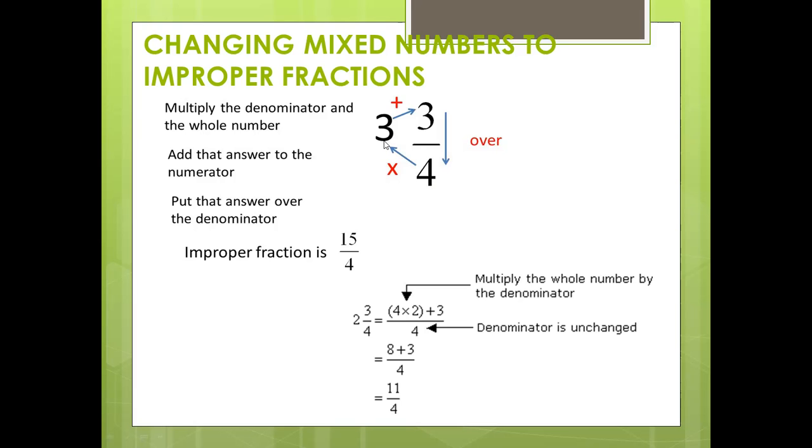So 4 times 3 is 12. And we are going to add that answer to the numerator. So we have 12 as our product, and then we are going to add 12 to our numerator, which is 3. So 12 plus 3 is 15. Once we get the answer, we put that answer over